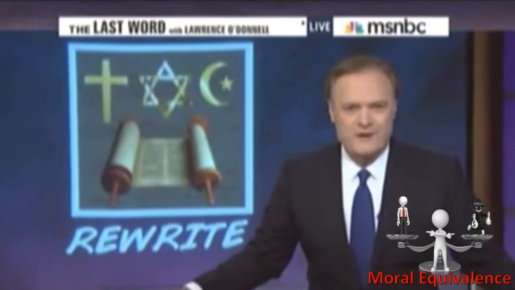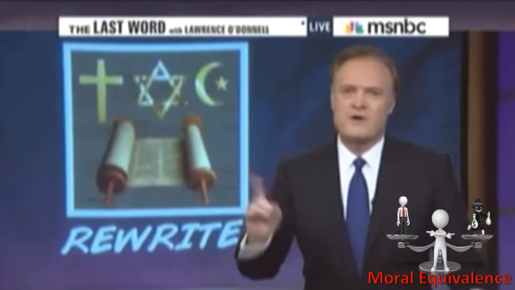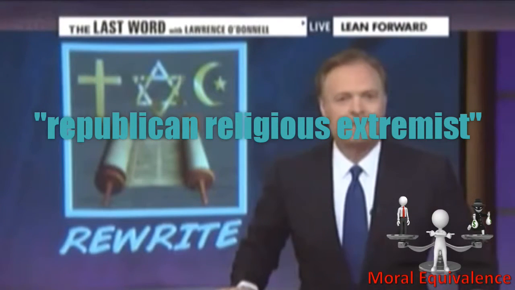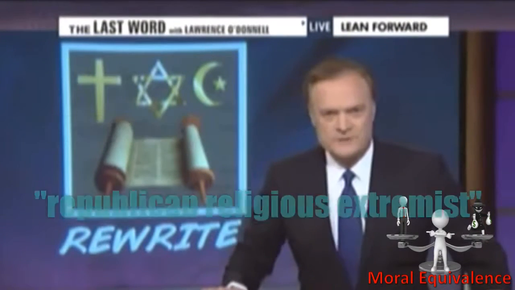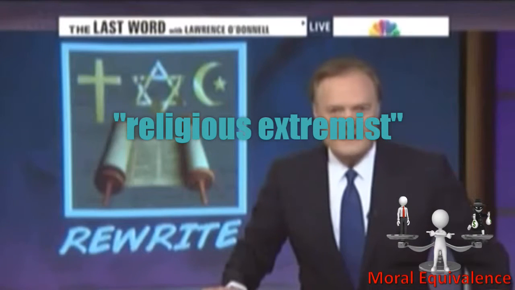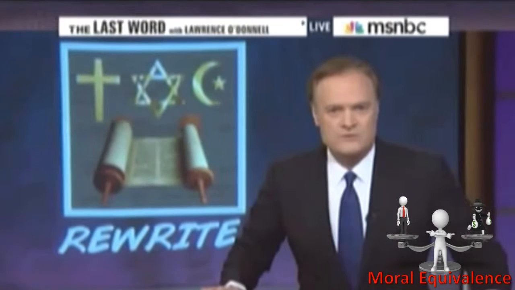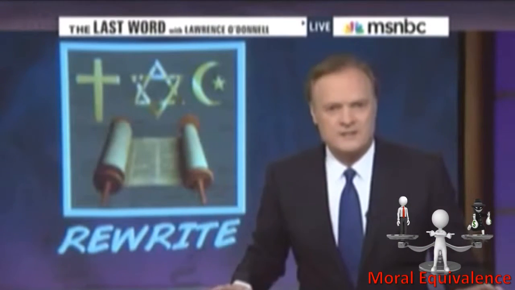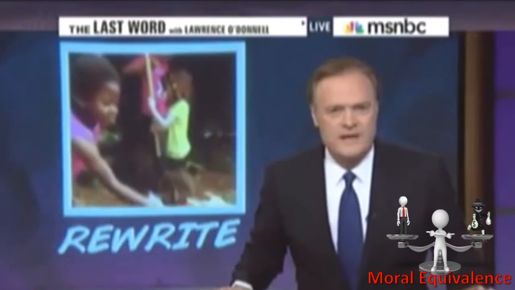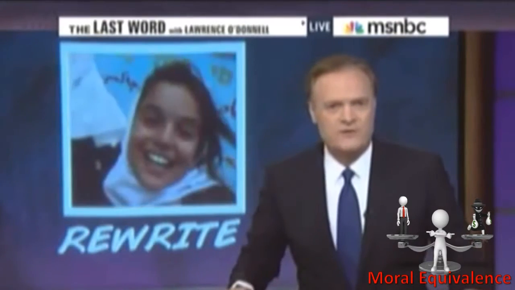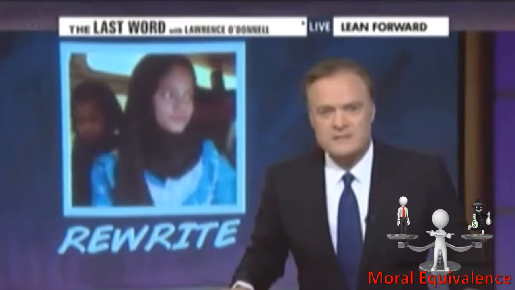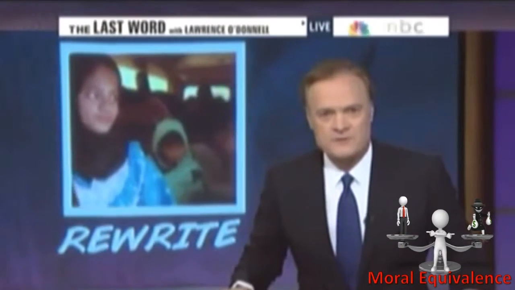In tonight's rewrite, another episode of the Politics of Religion. And no, I'm not going to tell you about another Republican religious extremist. Tonight, I'm going to talk about another type of religious extremist, the kind that shoots little girls in the head because those girls want to go to school. That's all. They just want an education. Tomorrow is the United Nations International Day of the Girl, which the UN says is about highlighting, celebrating, discussing, and advancing girls' lives and opportunities across the globe.